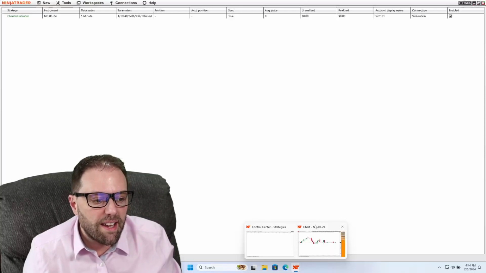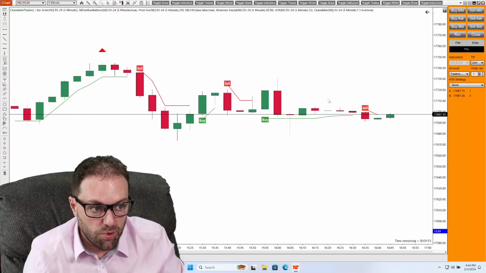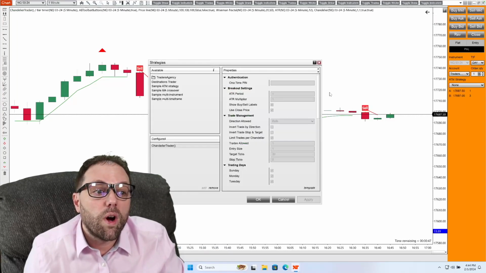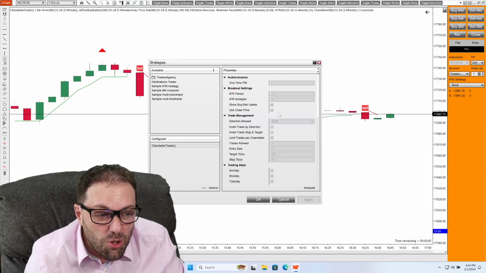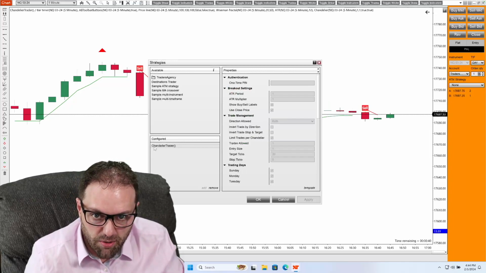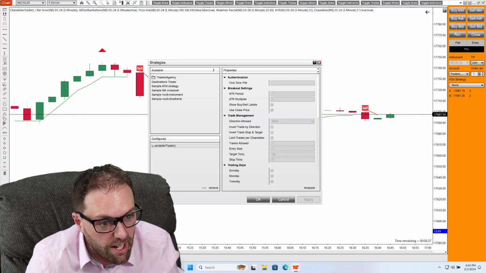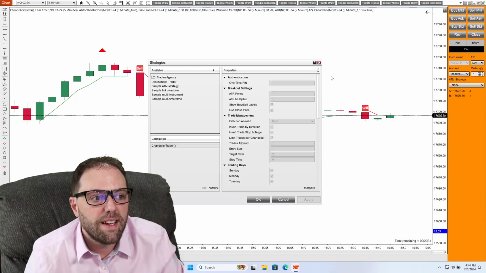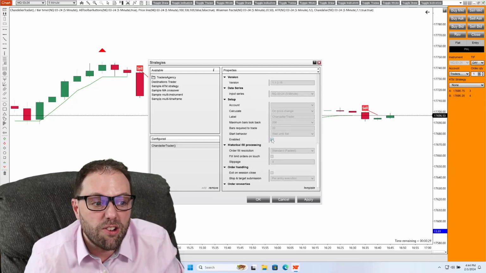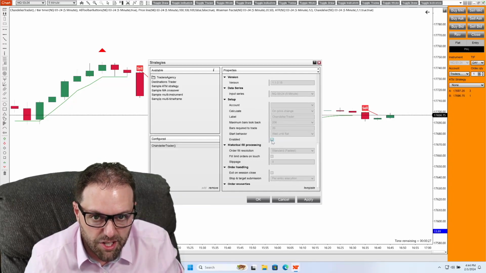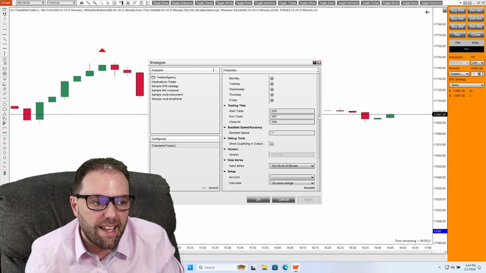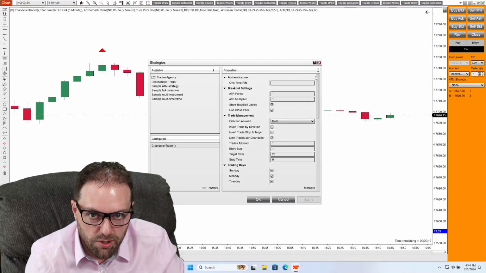So if you would like to edit any of these parameters to this chart, you will need to right-click and go to Strategies. Once you go to Strategies, you'll see you can't do any edits because it's all grayed out. So what you'll need to do is highlight Chandelier Trader or whatever strategy you're running underneath that configured box, scroll down and disable that setting by clicking the enabled box and getting that checkbox unselected. Click apply, and now you'll be able to edit any of those parameters you would like to for the strategies